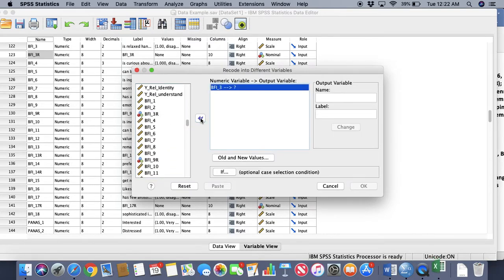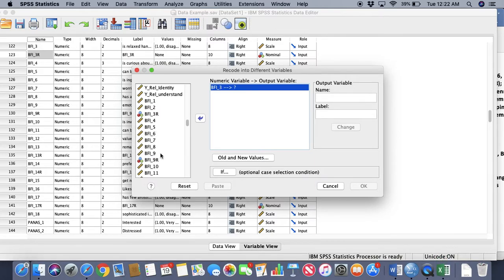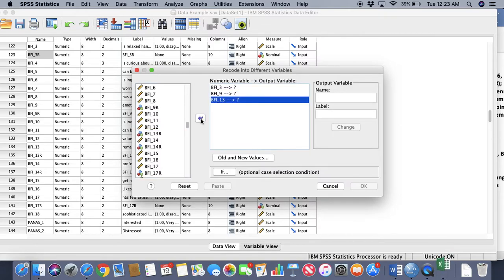Okay. So we have to reverse code BFI 3, BFI 9. Okay. BFI 13, 14, and 17. So as you can see, it's saying, what are we going to call it? Well, BFI underscore 3R. So what it's going to do, because we already have the variables made, it's just going to